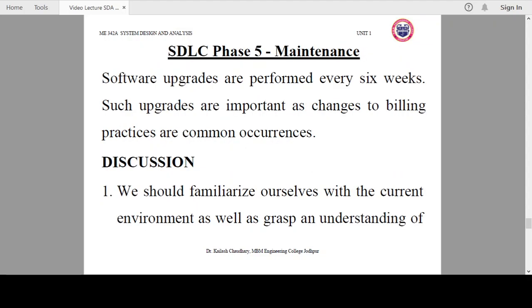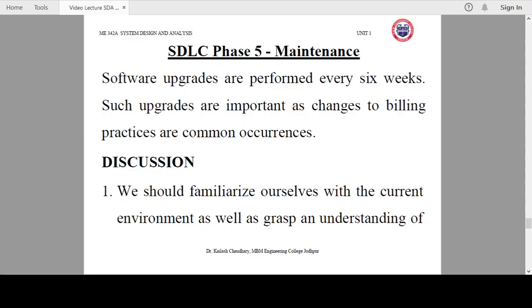And the last phase comes as the maintenance. When you have planned, designed and implemented the new software, the last phase is the maintenance phase of the system development life cycle, where software upgrades are performed every 6 weeks. Such upgrades are important as changes to billing practices are a common occurrence in hospital cases.